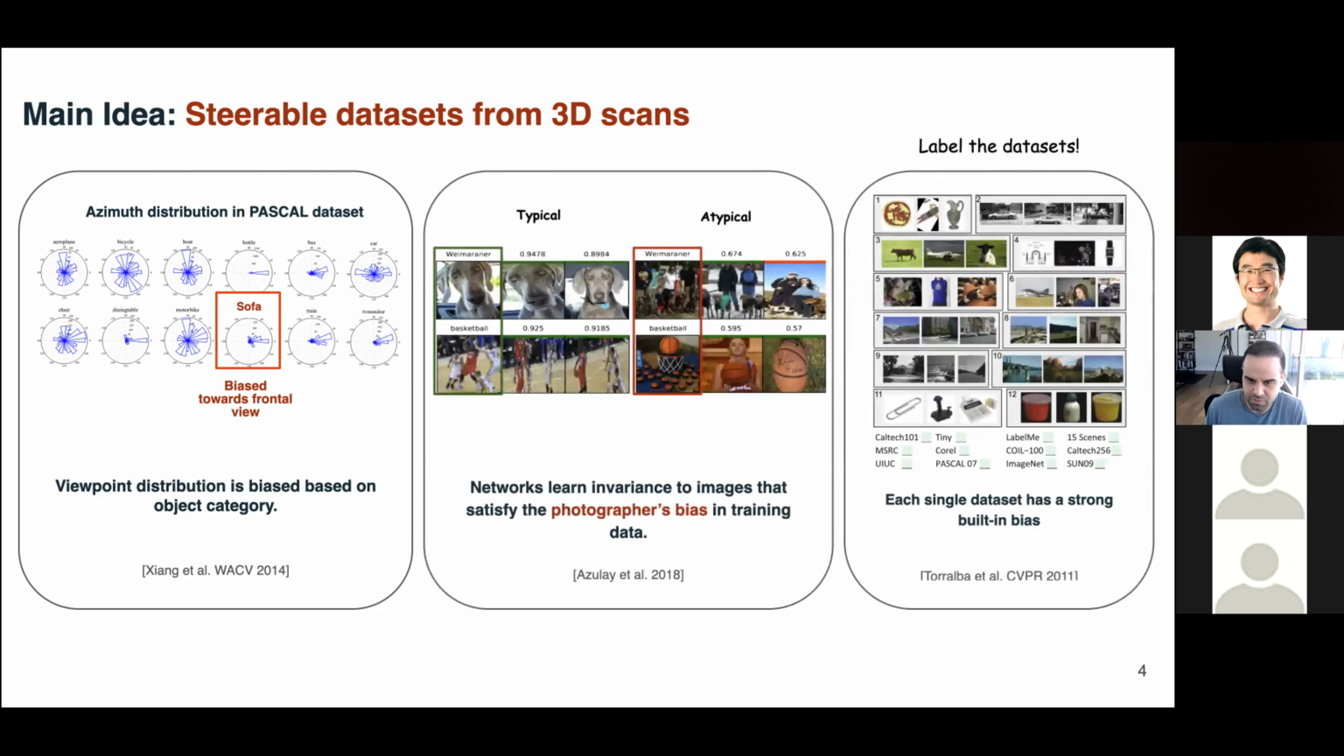There's this very nice paper by, I think, Antonio and I think Aliusha from a decade ago that on